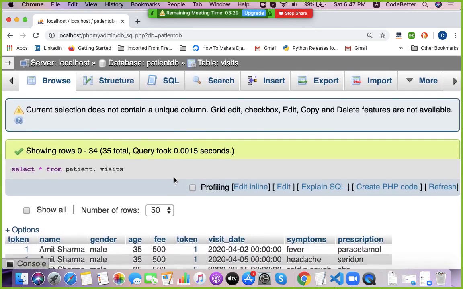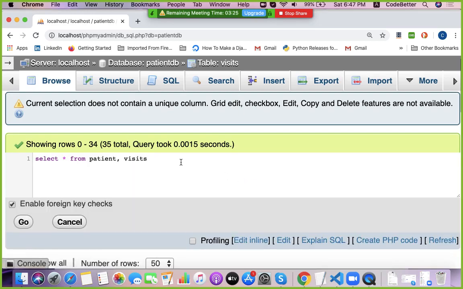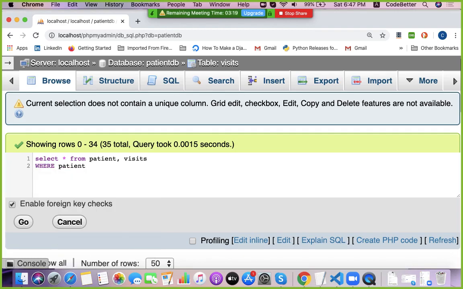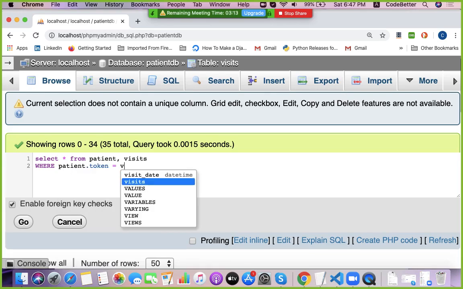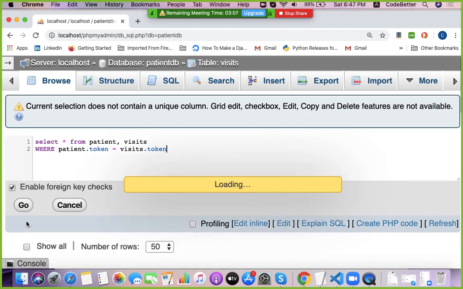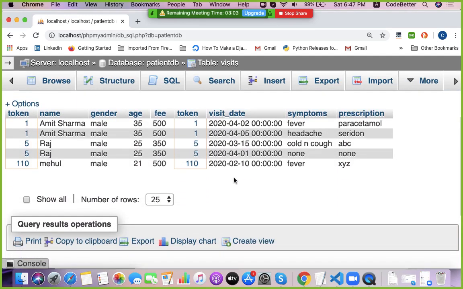So now if I execute select star from patient, visit, where patient dot token matches with visit dot token. Okay, so this is how we can fetch only those rows whose token number matches.